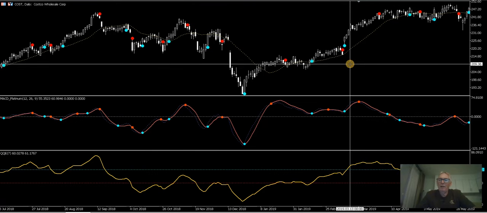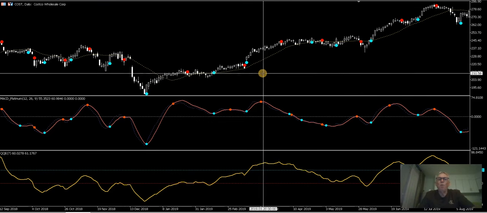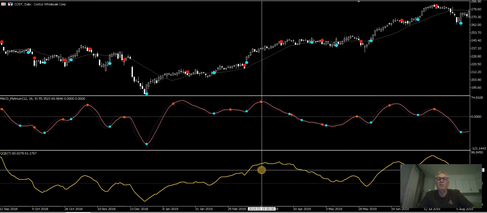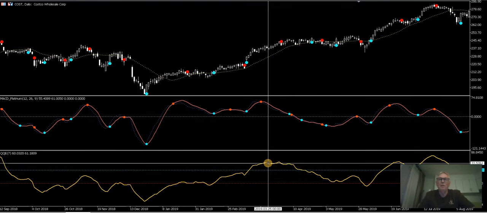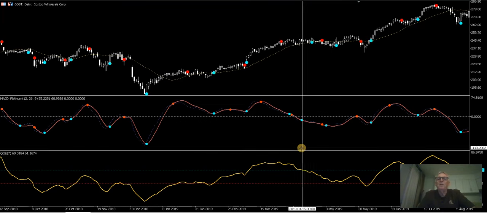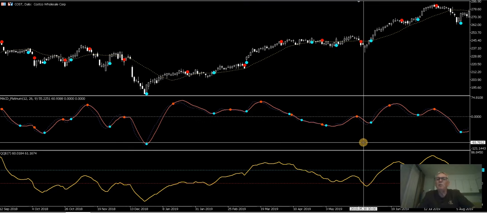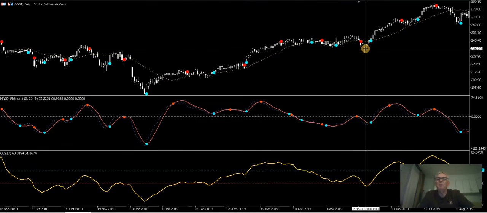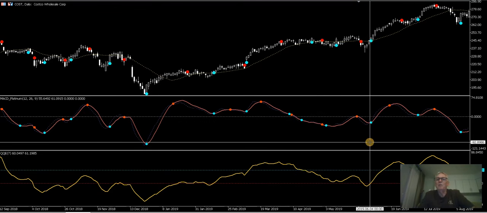So now this is where, remember I said we don't sell? And this is probably why. See, we're above the 65 level. This is a share stock. We call them shares in Australia, but I know Americans call them stocks. So there's your sell, second sell, and your third sell, and you're probably just going to break even. So it's not worth the hassle. I'd rather take the buy, and that's